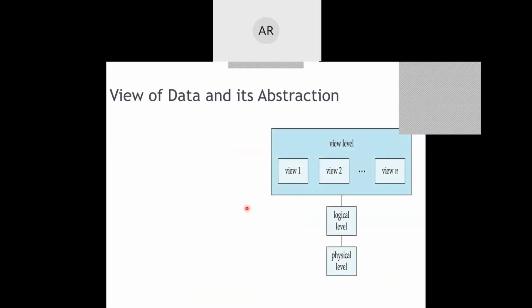For example, what is abstraction? Abstraction means hiding the complexities from the normal user, giving only the view, only that amount of data that is needed for them to know. For example, if a student logs in, the student will get that particular student's result only. Whatever PIN number they have entered, only that PIN number's data will be displayed.